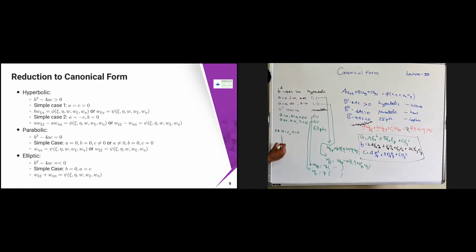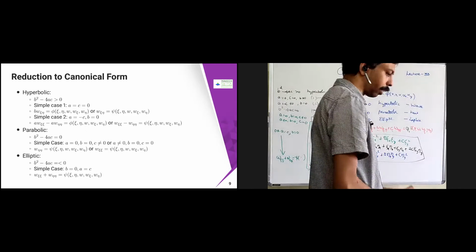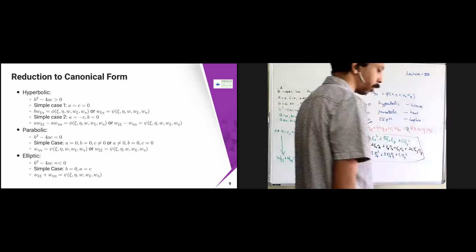Now the last case. In this case, a equal to c and b equal to 0. Therefore, so here I got negative, here I am going to get positive. W chi plus w eta equal to some psi is going to come. So these are the possible cases. Now the question is, how do we find this chi and eta? The last one has a mistake. This should be less than 0, strictly not equal and less than.